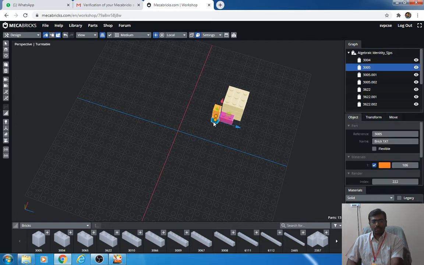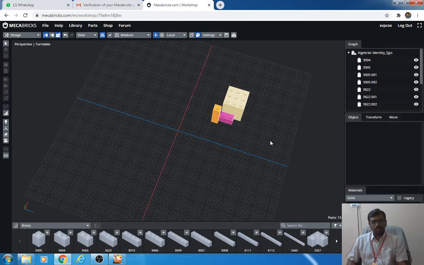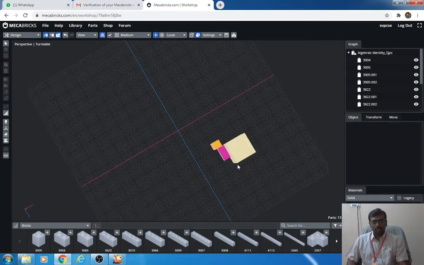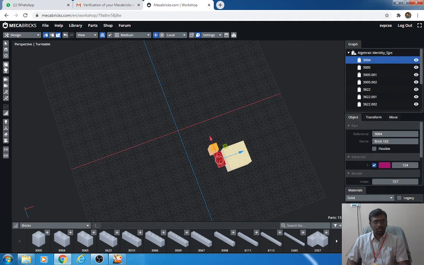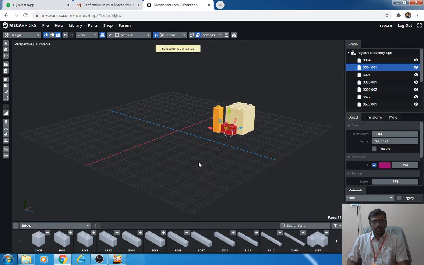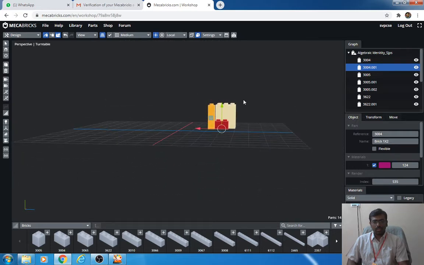You have to move this a bit closer, so that we will do it at the end. Make it in this way, just clone it. If you see this, you can clone this again. Clone it.